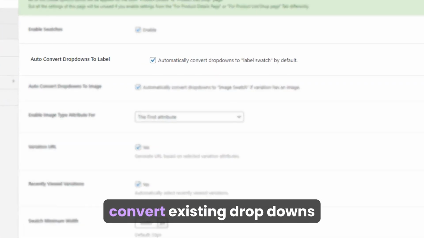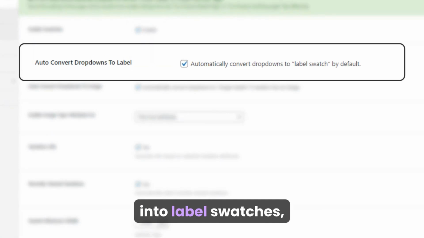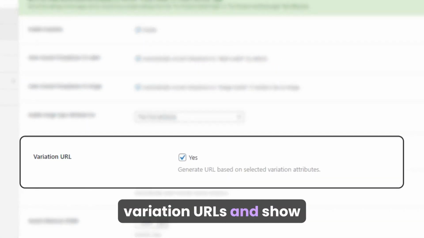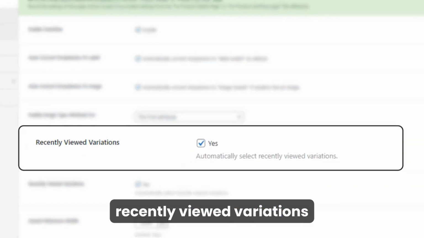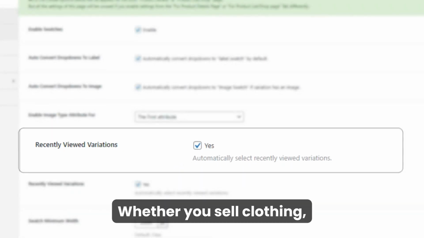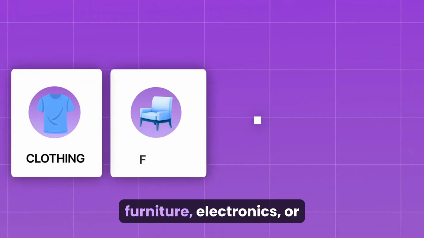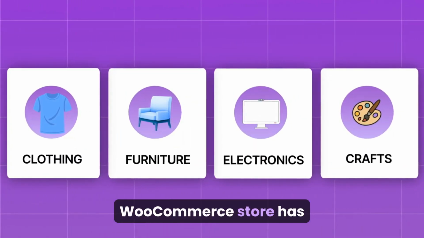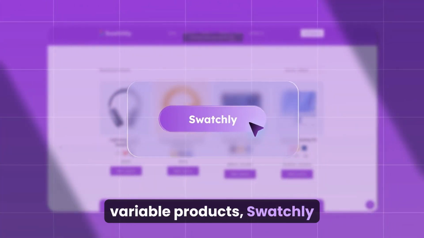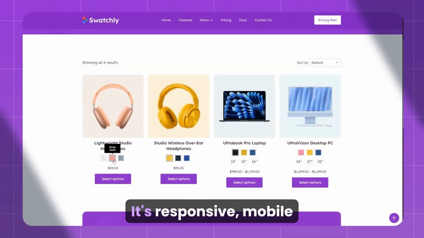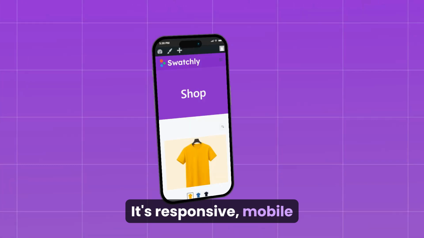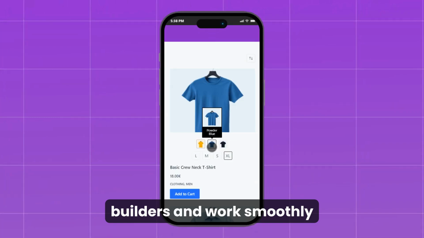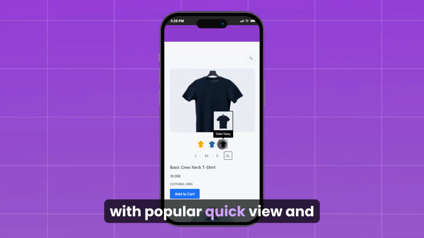Swatchly can also auto-convert existing dropdowns into label swatches, generate shareable variation URLs, and show recently viewed variations for returning customers. Whether you sell clothing, furniture, electronics, or crafts, if your WooCommerce store has variable products, Swatchly is built for you. It's responsive, mobile optimized, compatible with major themes and page builders, and works smoothly with popular Quick View and